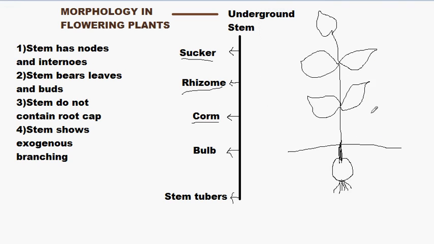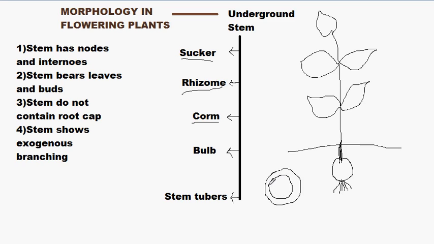So what is the compound tunicated bulb? In the compound tunicated bulb, what happens is that if there is a bulb, there are concentric, this bulb is not a circle, I am showing a cross section of it, but if you visualize it in 3D, you will see that it is a sphere, and there will be concentric spheres